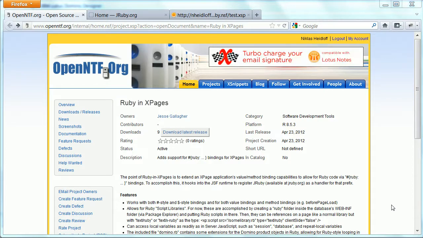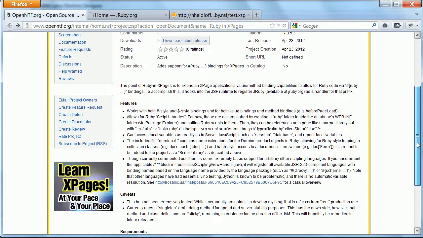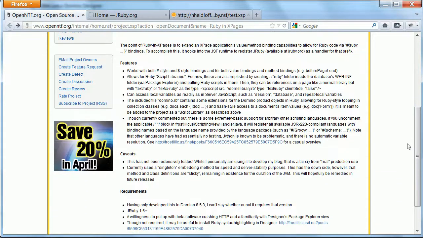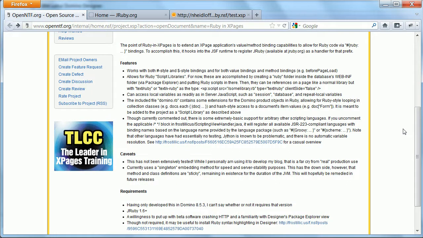Jesse Gallagher has contributed a really interesting project to OpenNTF. It's called Ruby in XPages. And as the name says, it allows you to use Ruby as scripting language in your server-side XPages. So here in the project description is a list of features, but before I go through them, let me show